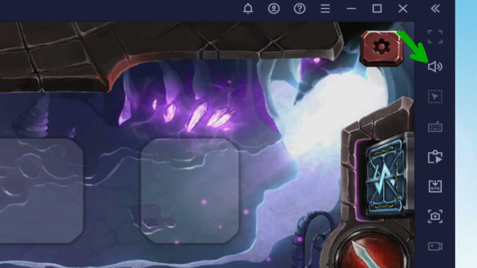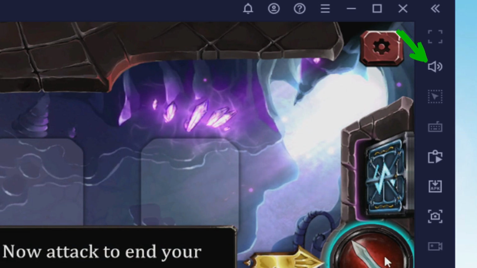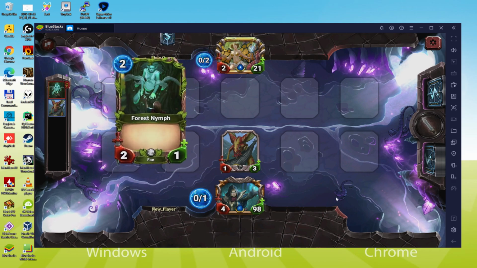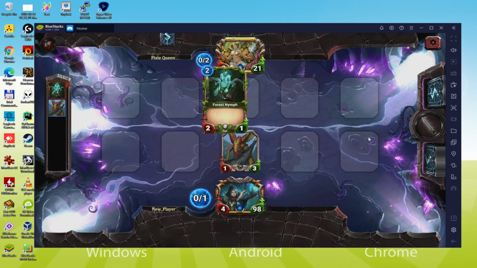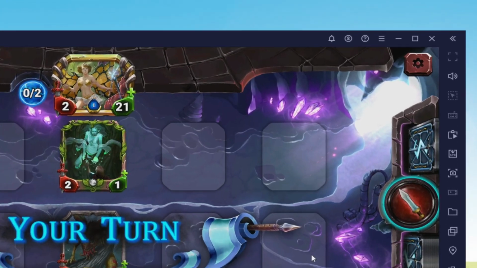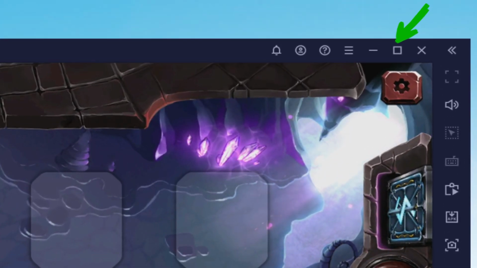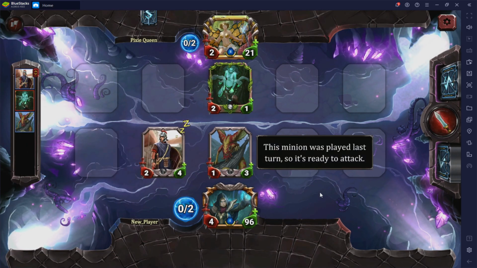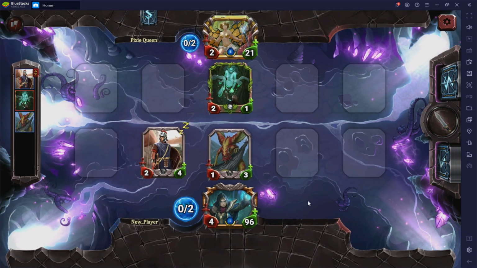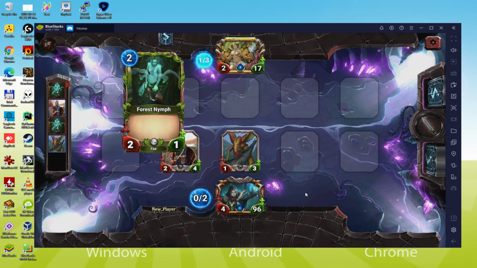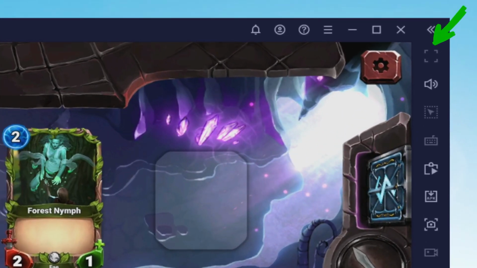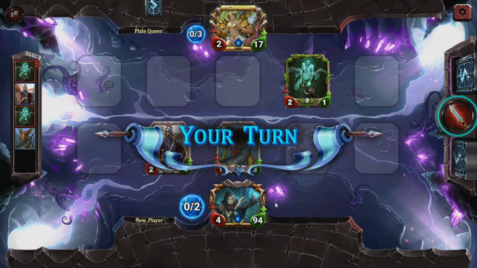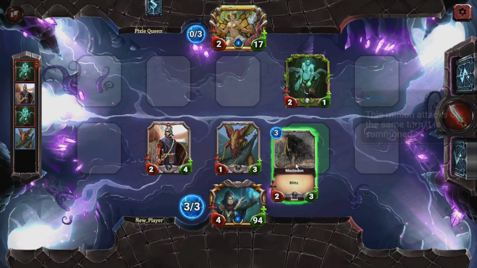This way we do not depend on the Microsoft Windows volume to increase or decrease the sound of the emulator. And to enjoy the experience to the fullest, we should switch on the large screen, for which we have two options. That is the first one. We simply click on this app icon which I'm showing in green color. Then the screen is maximized, having one border at the top, one on the right side and one at the bottom. If we want to enjoy the app in full screen, we select this particular app icon. And we are already enjoying the game app in 100% screen setting.